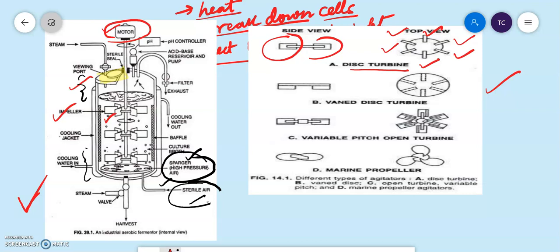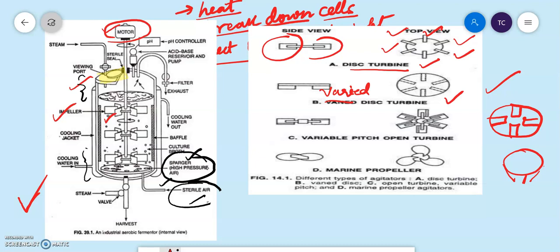and that particular impeller is your vaned disc turbine impeller. So in the vaned disc turbine impeller, you get to see that this is the disc, but here you get these particular blades. The blades are not exposed outside, the blades are inside, okay? So when they are inside, they are not exposed outside. What will happen? It will bring about the rotation and your agitation, but the surface area is less. And as the surface area is less, the breakage will be reduced.